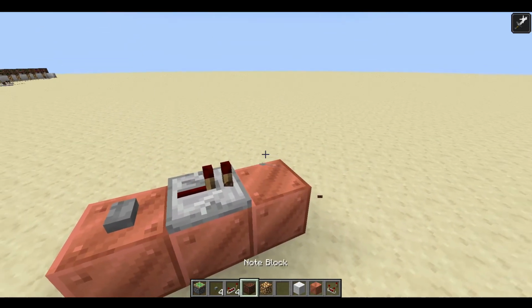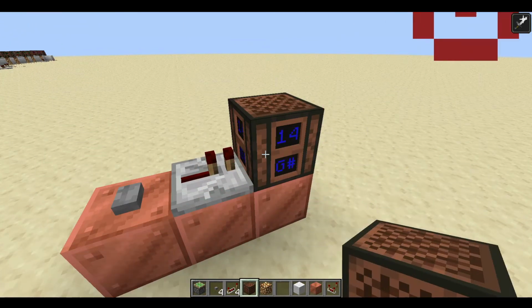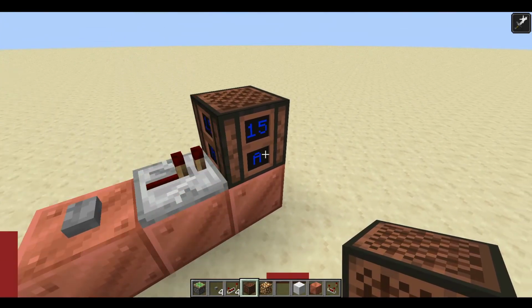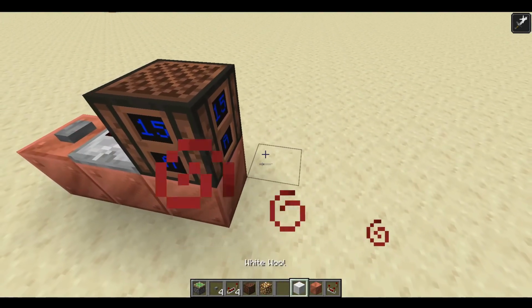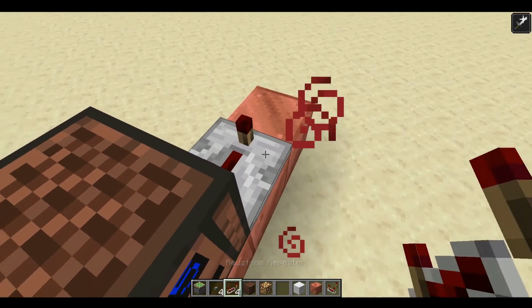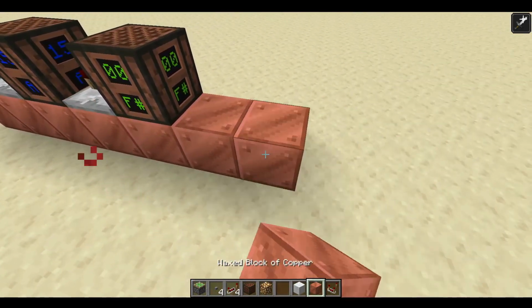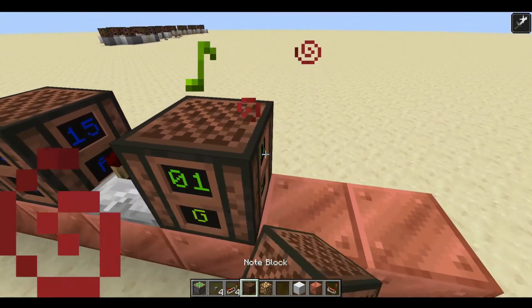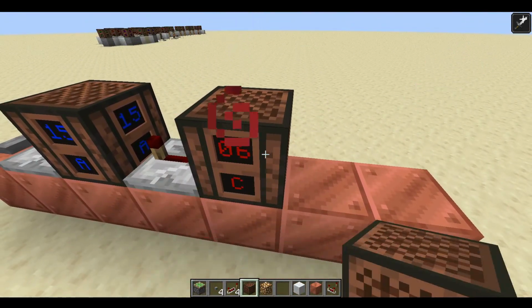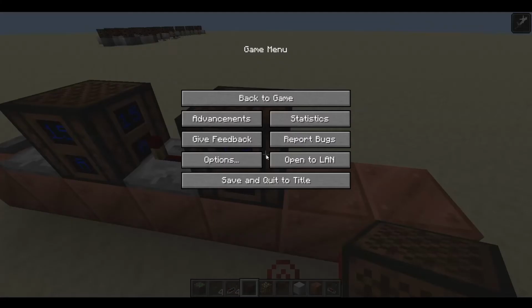As well as that, I'm using Vanilla Tweaks, which is a website that you can find. I've got myself a data pack so I can see what note is on the note blocks. I thought this would make it a lot easier. I'm not going to bore you with the whole piece, but I thought I'd give you an idea of where it goes. So it's A, then there's a gap, then I think it's a G, I'm pretty sure. I'm doing this completely from memory, so if it's wrong, I apologise.